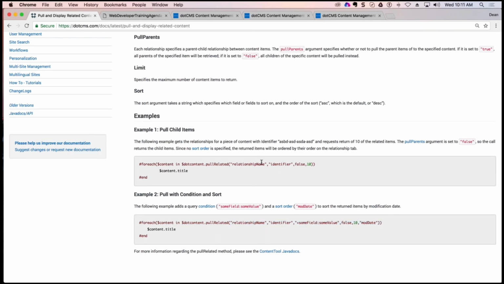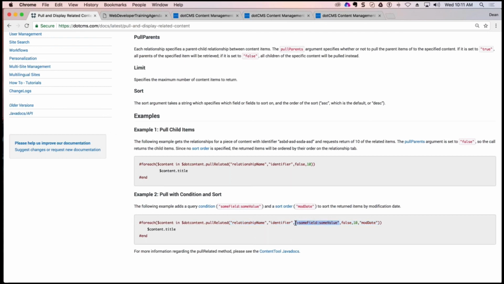Now you can send less. The minimum is relationship name, identifier, direction, and number. You don't even have to pass a sort order if you don't want. So this method will take parameter lists of various sizes, I guess I should say. But in this one, we're doing something else, and we're just passing one extra parameter, and